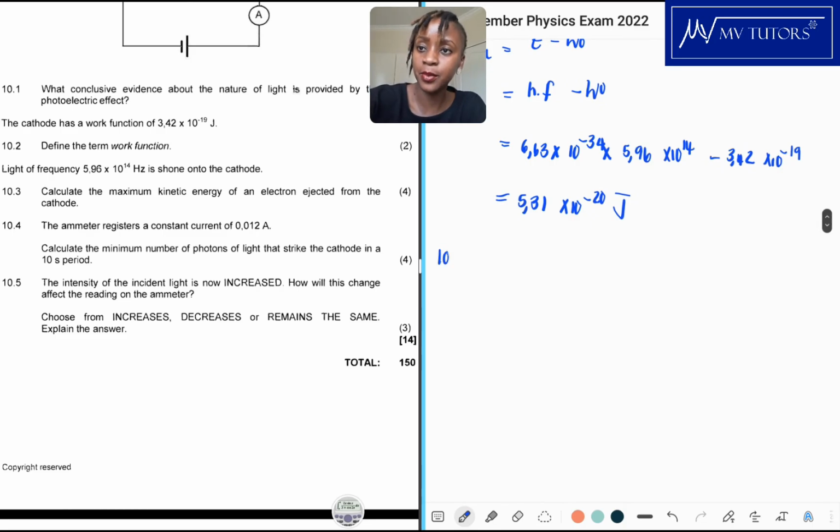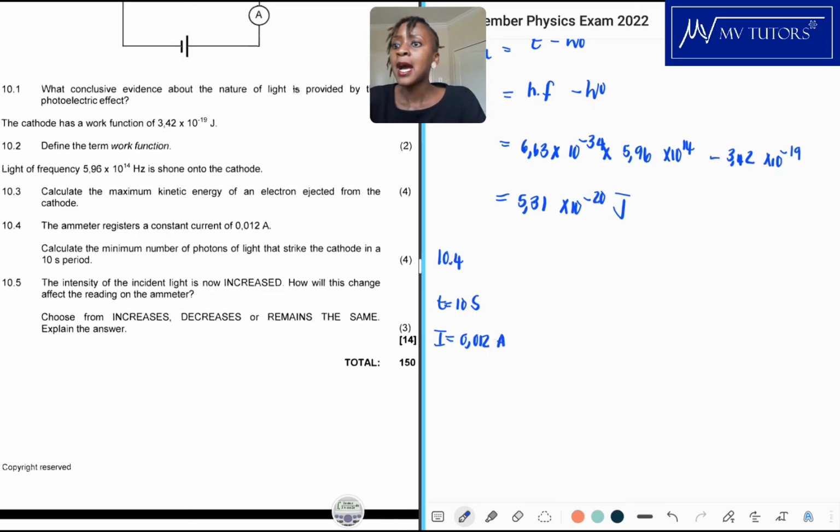And then now 10.4. The ammeter registers a constant current of 0,012 amps. Calculate the minimum number of photons of light that strike the cathode in a 10-second period. Okay, so let's just write down what we know. There's time there, which is 10 seconds. And there's the current I, which is equal to 0,012